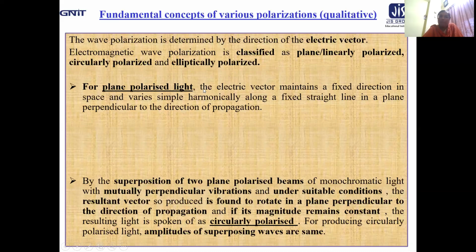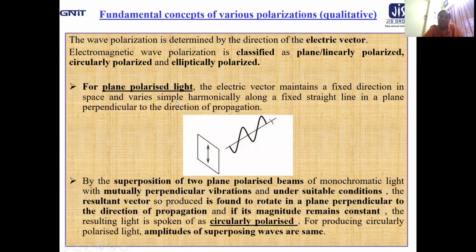In case of plane polarization, for plane polarized light, the electric vector maintains a fixed direction in space and varies simple harmonically along a fixed straight line in a plane perpendicular to the direction of propagation. This is the plane polarized light with which we are familiar. That means it vibrates simple harmonically along a fixed straight line in a plane. But in case of the other two, we have to superpose two plane polarized beams of monochromatic light